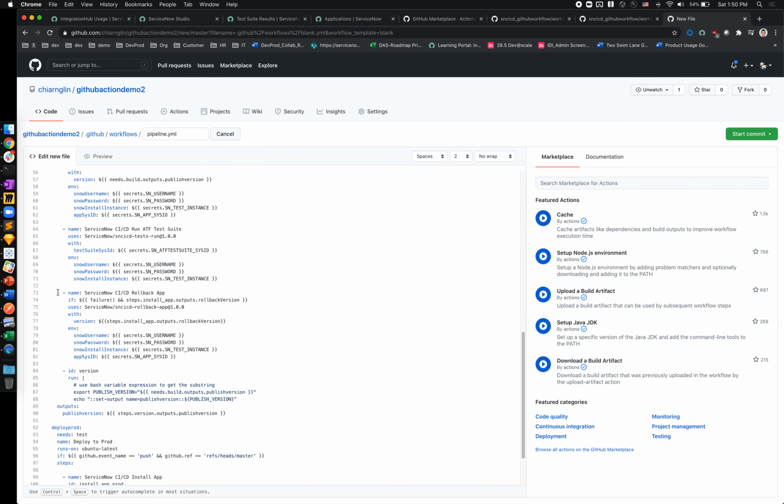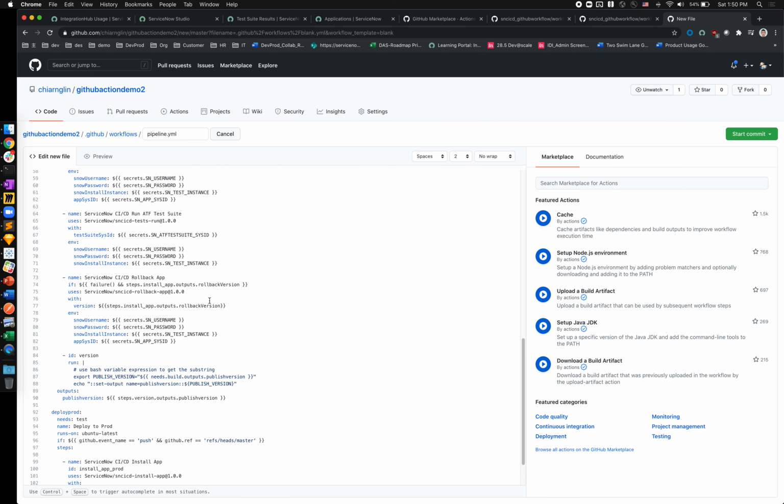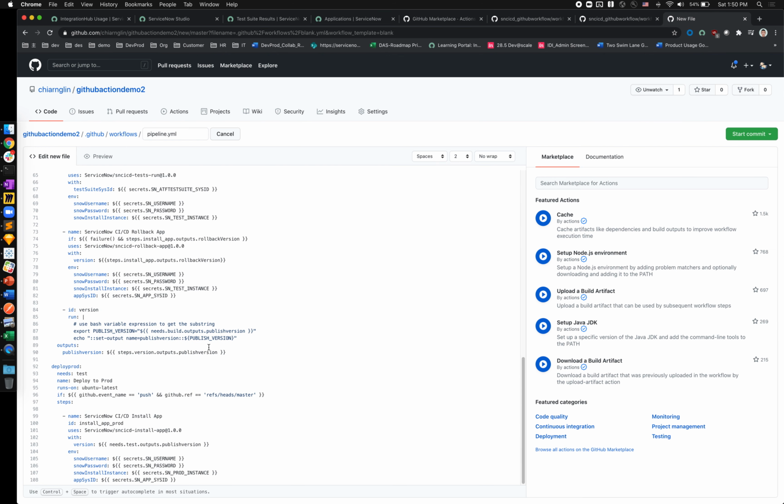If that passes, then it will not run through the rollback action, but if it fails, then we will roll back the environment to clean it up. And then lastly, I have a deploy to production job here that will only run if this is a push to master branch. And this installs that version of the application that we've just gone through the CI build for